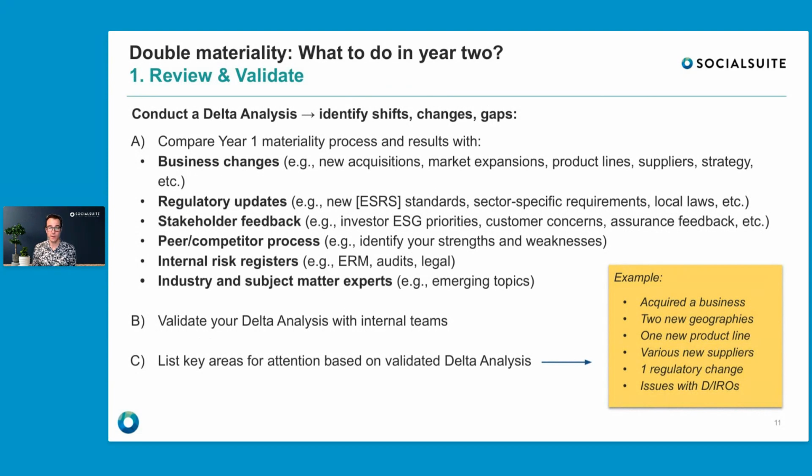In doing that, you might be the ESG controller or the sustainability lead in charge of that DMA process. You might give it a first shot, writing some things down, but make sure that at step one, you already start that stakeholder engagement. What I mean is go internal into the business, get the key people that know these things, what might have changed, and have micro interviews with them. Sit down, ask them the right questions. Make sure that you don't operate in a vacuum here. That's really important.